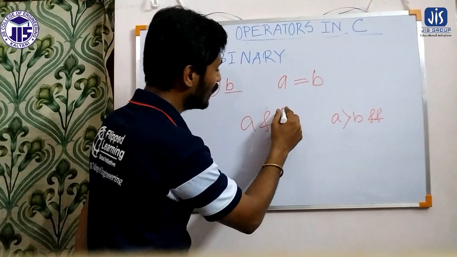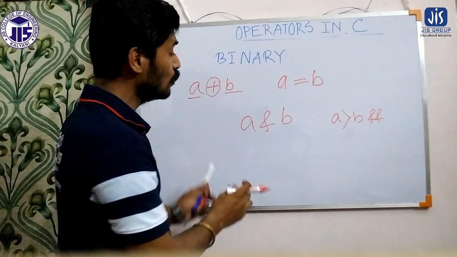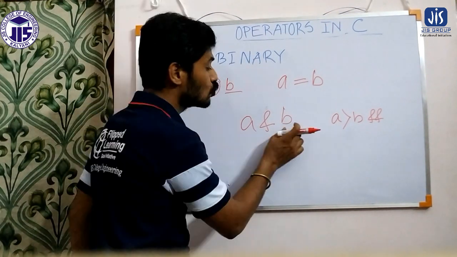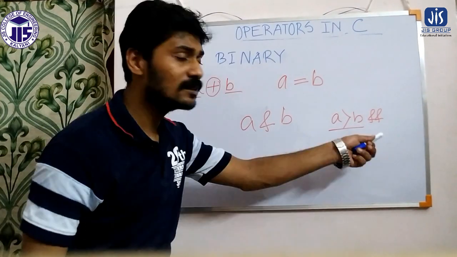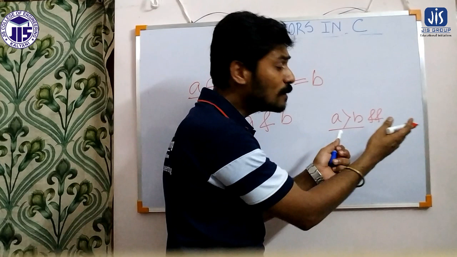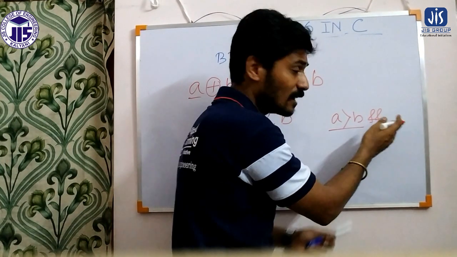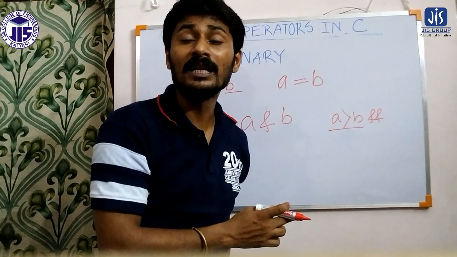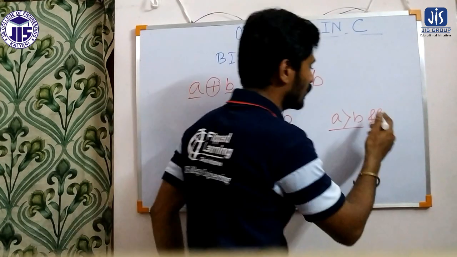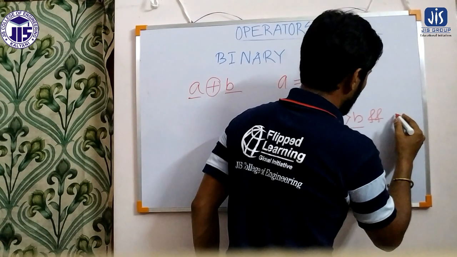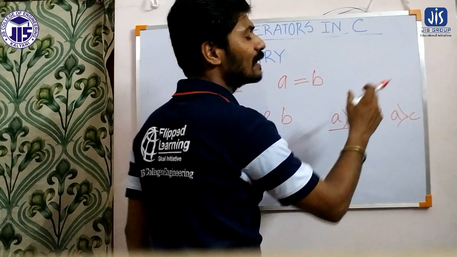Here also if I write a and, no meaning. If I write a and b, now it will perform logical AND operation between these 2 variables a and b. Here also this is a condition, a greater than b, and nothing is there. So which two conditions will we merge? A second condition is required. Until and unless there is another condition, this logical AND operation has no meaning, because logical AND is used to merge two conditions. So we need another condition here, for example, a greater than c. So a greater than b and a greater than c.